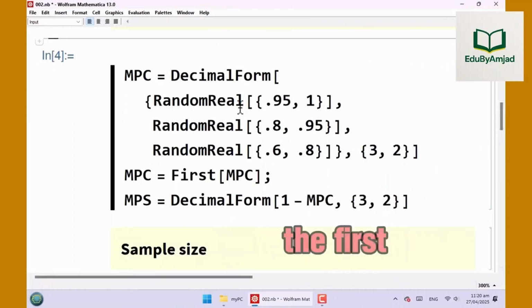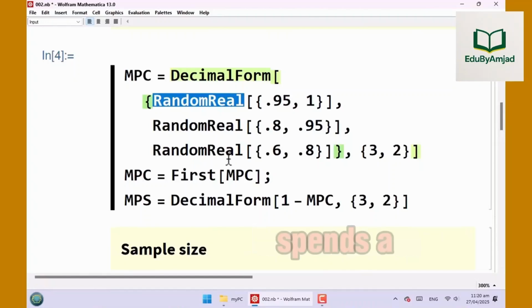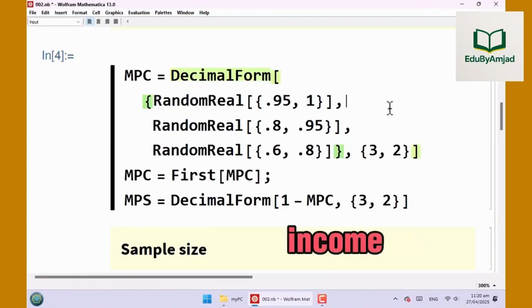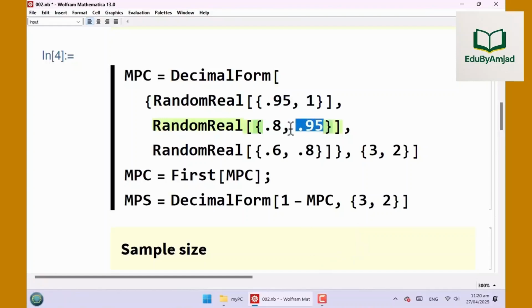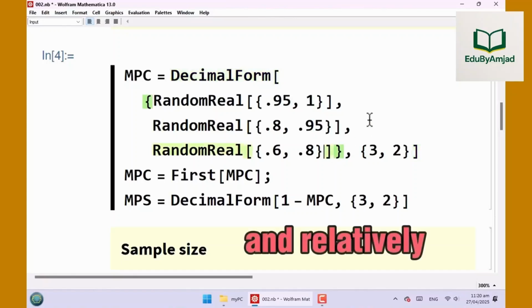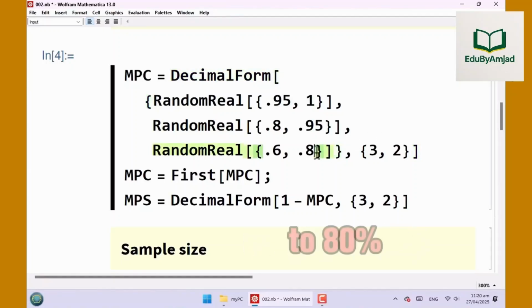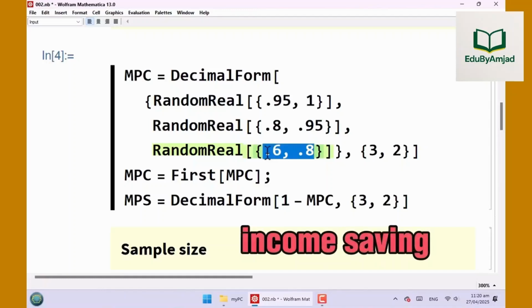We assume the first group with low incomes spends a major portion of its income, 95 to 100%. The middle income group spends 80 to 95%. And relatively rich people spend 60 to 80% of their income, saving the remaining.